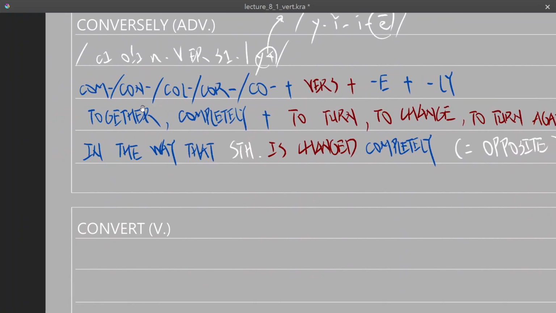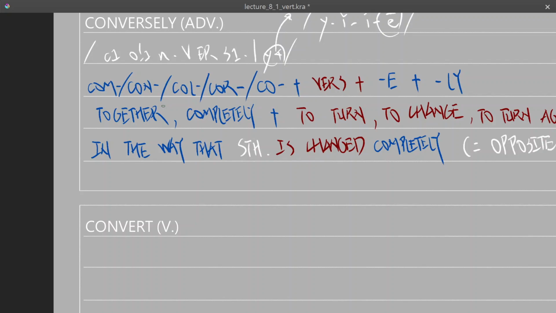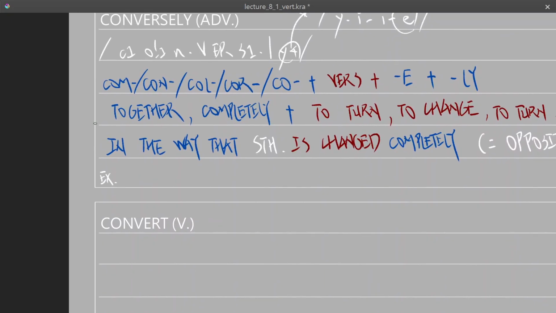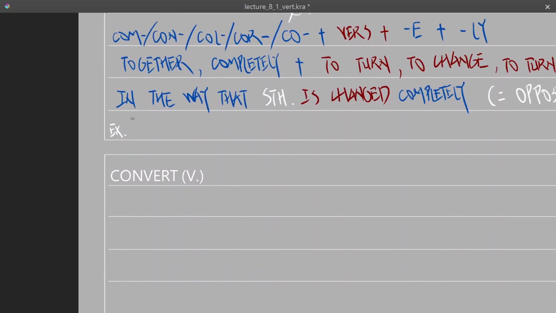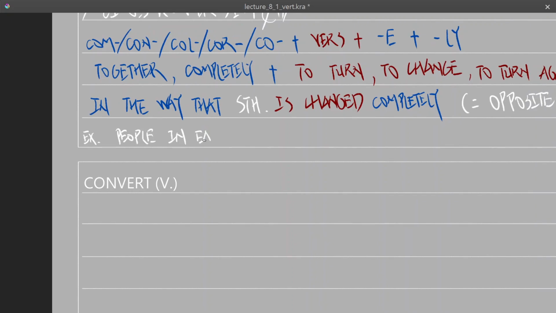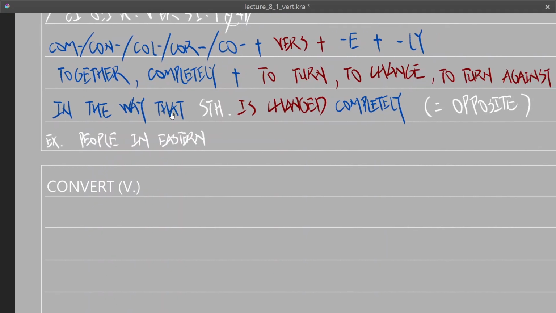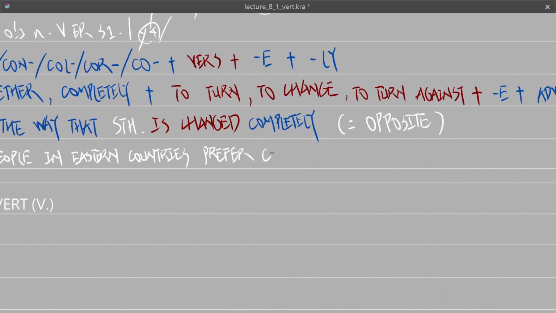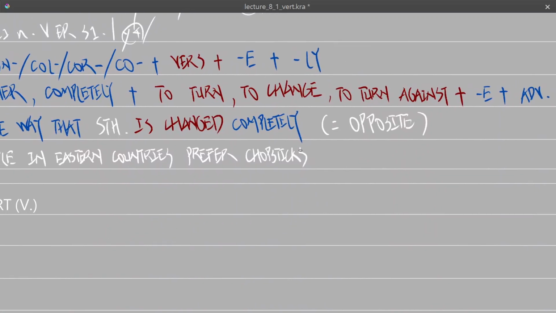So conversely, we'll have two sentences, and they are the opposite. For example, what could be something opposite? For example, the habits of people in Eastern countries. People in Eastern countries prefer what? Prefer chopsticks. Conversely,